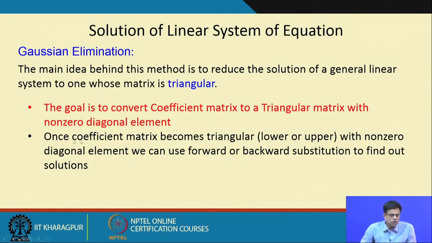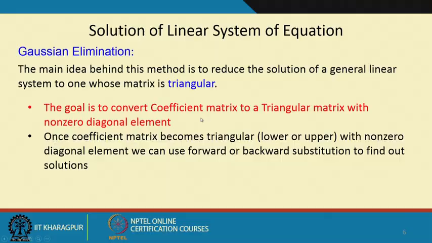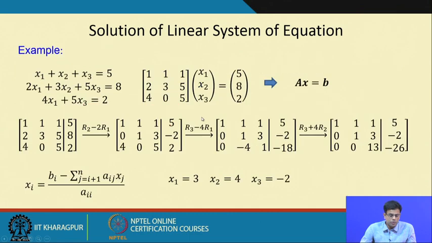So, once the coefficient matrix becomes triangular, lower or upper triangular with non-zero diagonal elements, we can use forward or backward substitution to find the solution. Basically, the goal of Gaussian elimination, this Gaussian method of solution, is to make the coefficient matrix triangular with non-zero diagonal elements. So, let us see with an example which we have solved for the